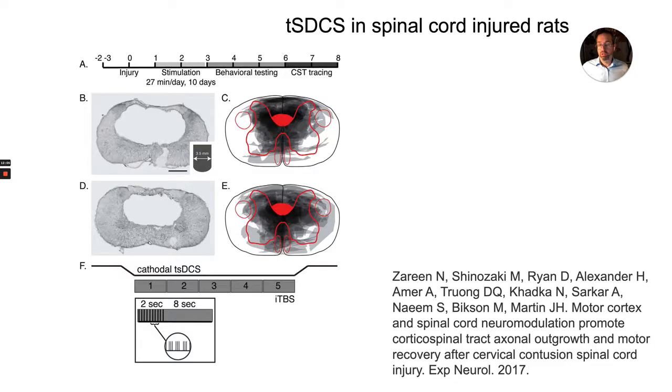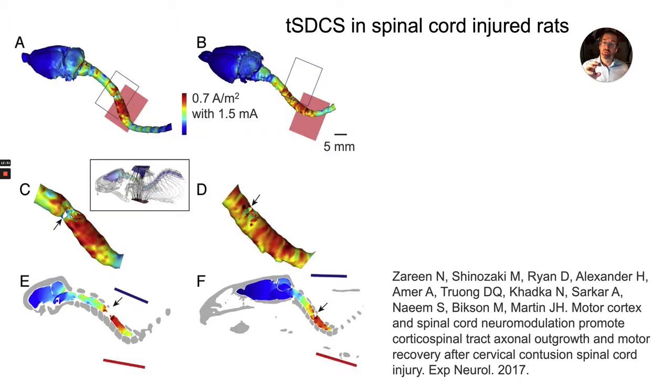Also working with Jack Martin's group, we've extended these models to consider injury. And again, when it comes to, in this case, the neurorehabilitation applications, I'll refer you to the original paper. Here, I really just want to focus on the current flow modeling itself. So in these cases, the spinal cord has been injured, as well as potentially some of the bone around it. And so that is represented in these models where we can scan these animals that have had an injury and